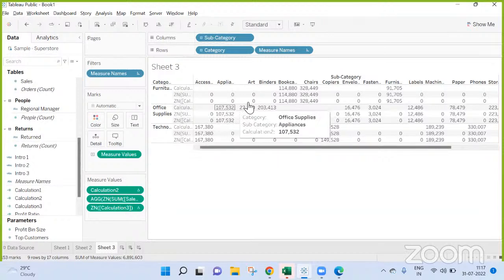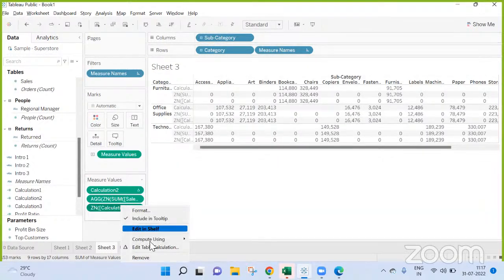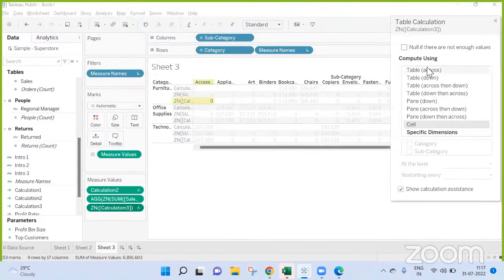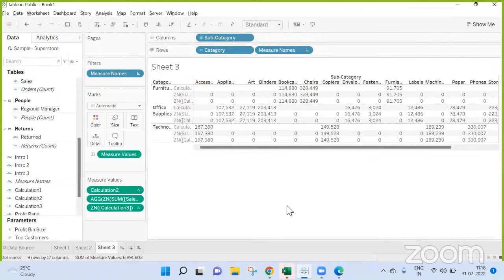Because when you are giving it level, actually there are three levels. Now, if you have two dimensions here, when I edit table calculations, you see three levels: table, pane, and cell. Table is talking about the whole, all the dimensions included. Pane will take only one pane, and cell is at a one cell level. This is pane across. This is table down. This is table across, and this is cell. So it is giving you all the possible levels. Depending on what the requirement is, we can start using them.